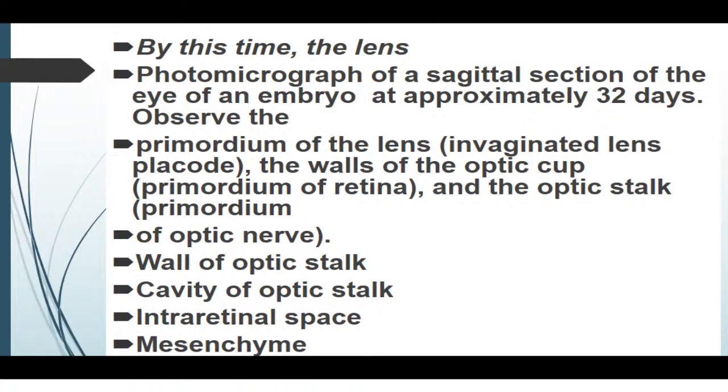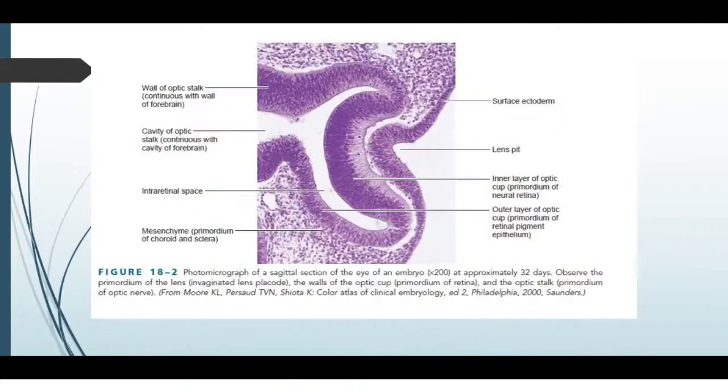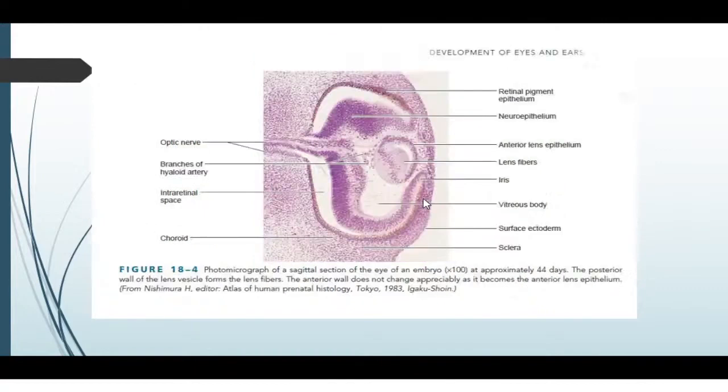By this time, we are talking about the photomicrograph, a sagittal section of the eye of an embryo at approximately 32 days, and observe the primordium of the lens, the invaginated lens placode, which envelops the optic cup, primordium of the retina, and the optic stalk, primordium of the optic nerve. We have seen this invagination, but now with the light microscopic technique. Look at this one. We see the surface ectoderm, which is thicker,